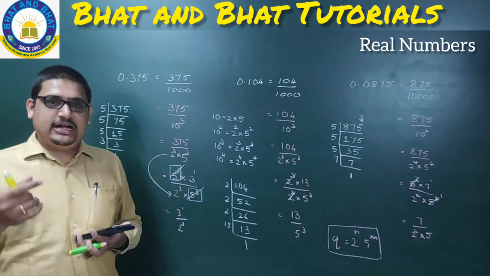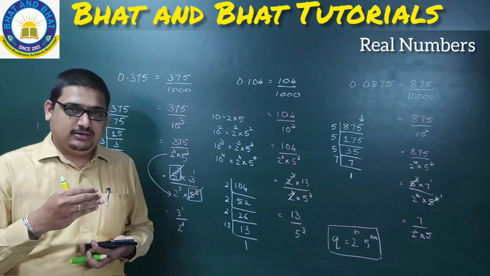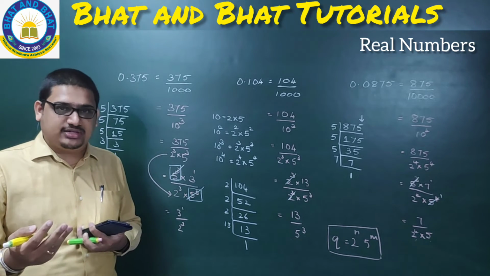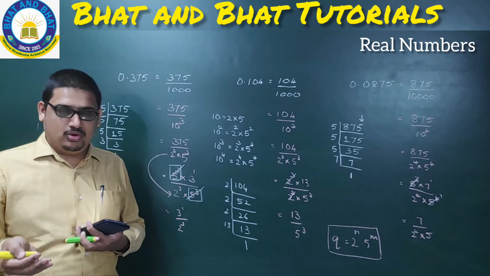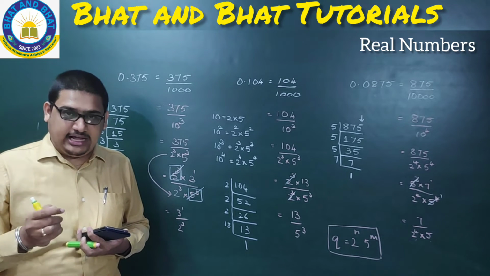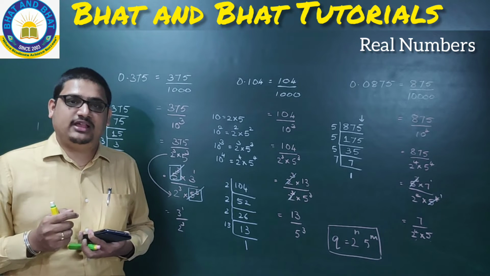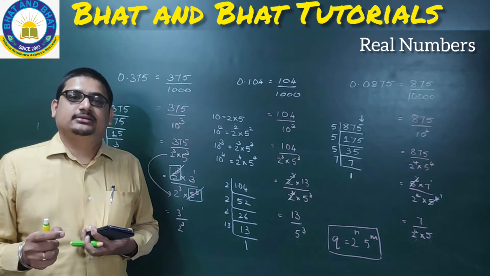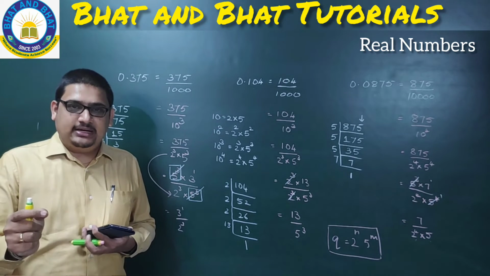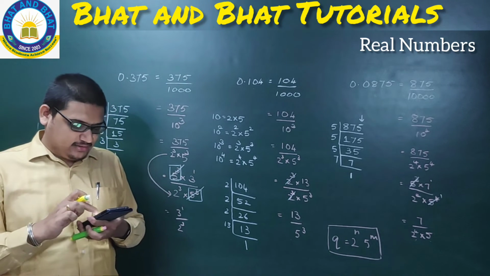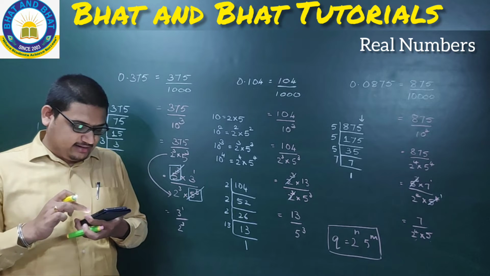So now let us try to understand the reverse. What do you mean by reverse? If I give you a fraction in the form of p by q, you should now try to tell me whether the given fraction, when expanded in decimal form, will it terminate or not? So what is the theorem for that? So please note down, that is your theorem 1.6.